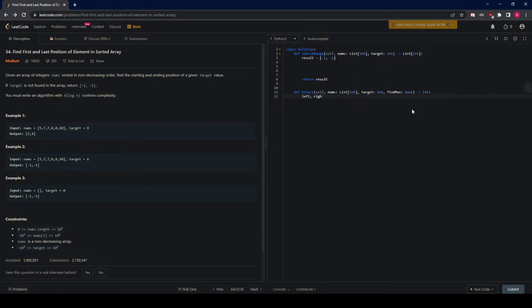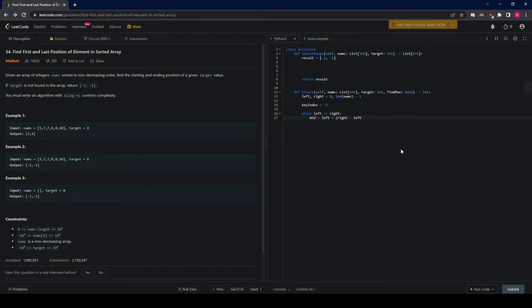So we're going to be coding our binary search as we normally do. We start from 0 and then we get the length of nums - 1. And we're going to have another item called key index, which starts at -1. This key index is going to tell us what index we have found for the number, and if we don't find it, it'll return -1, right? So what we'll do here is, while left is less than or equal to right, like all of our binary searches so far,